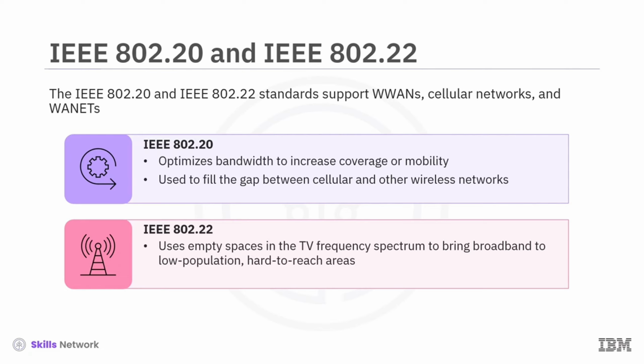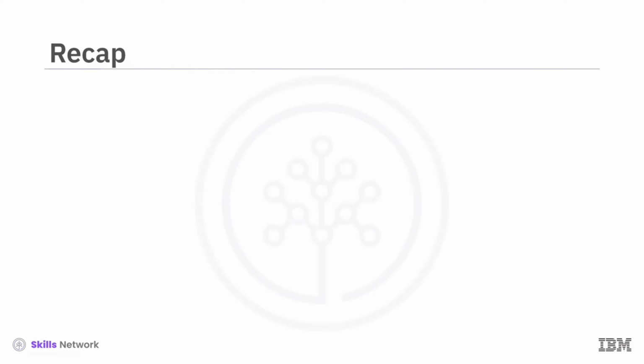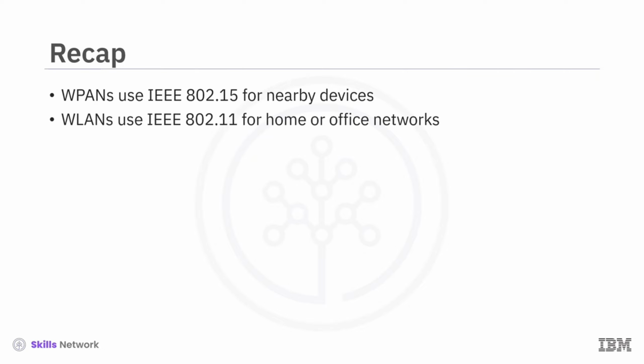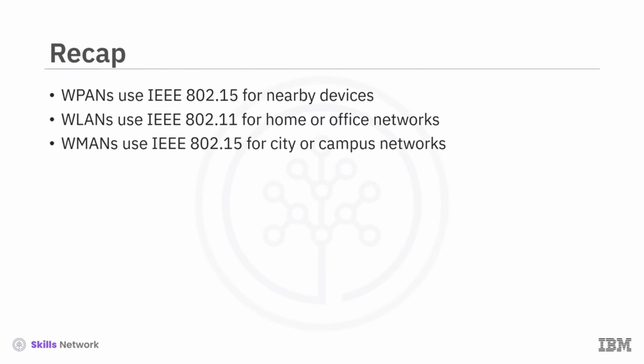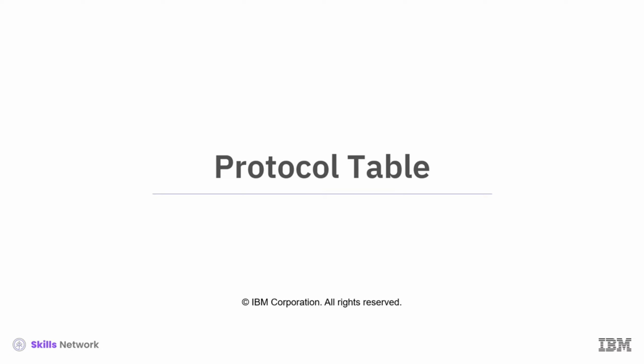In this video, you learned that WPANs use IEEE 802.15 for nearby devices. WLANs use IEEE 802.11 for home or office networks. WMANs use IEEE 8